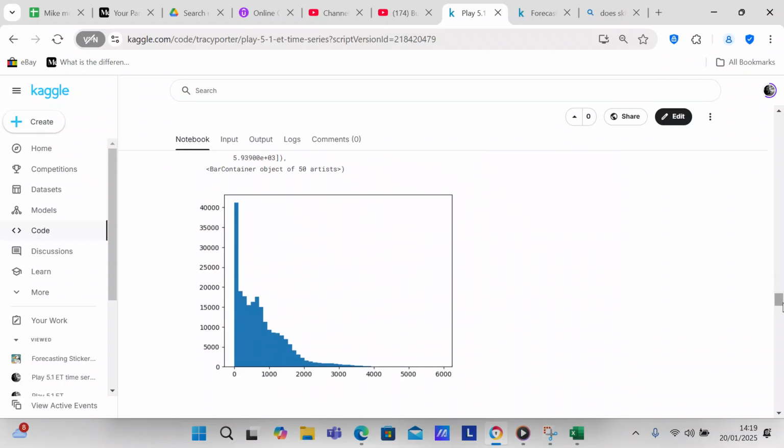And you can see that as the number sold increases, the number of rows where that value appears decreases. So you're going to have a smaller number of rows with large numbers of items sold. For instance, if you had 2,000 items sold, that's going to be maybe 2,000 rows of data. If you had 0 items sold, that's going to be over 4,000 rows of data.